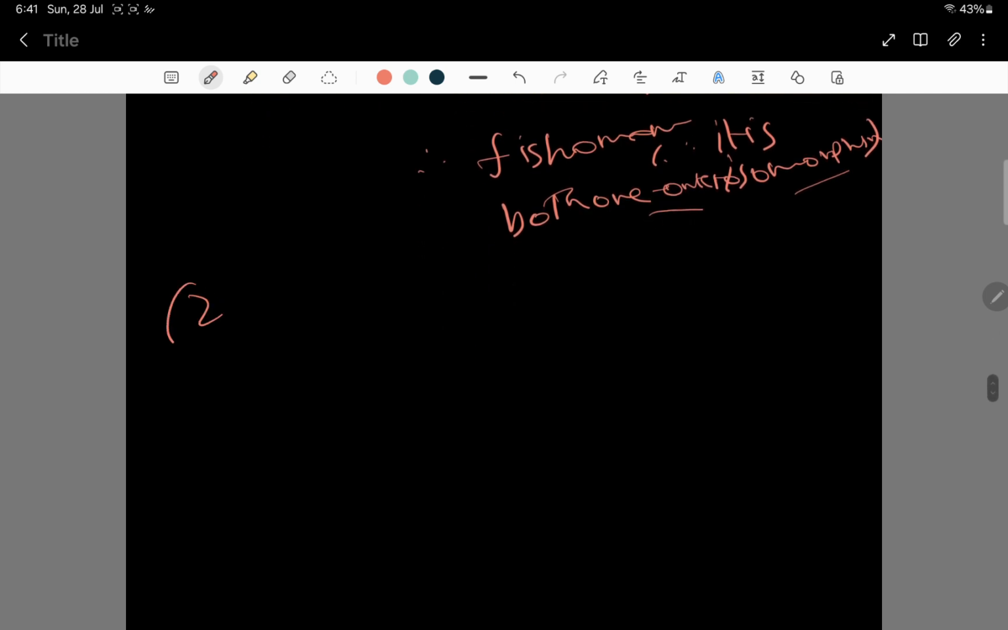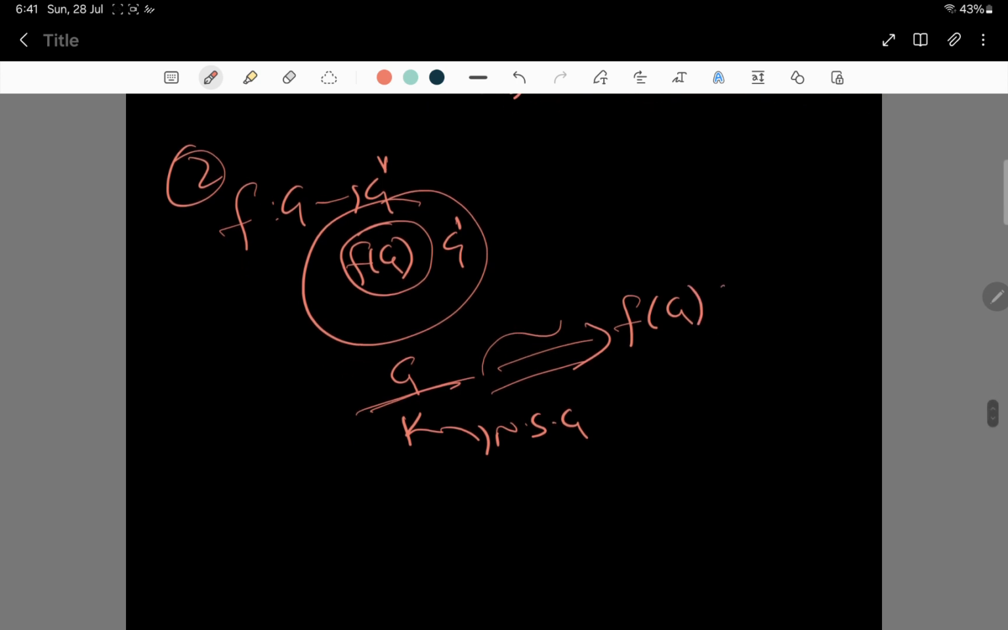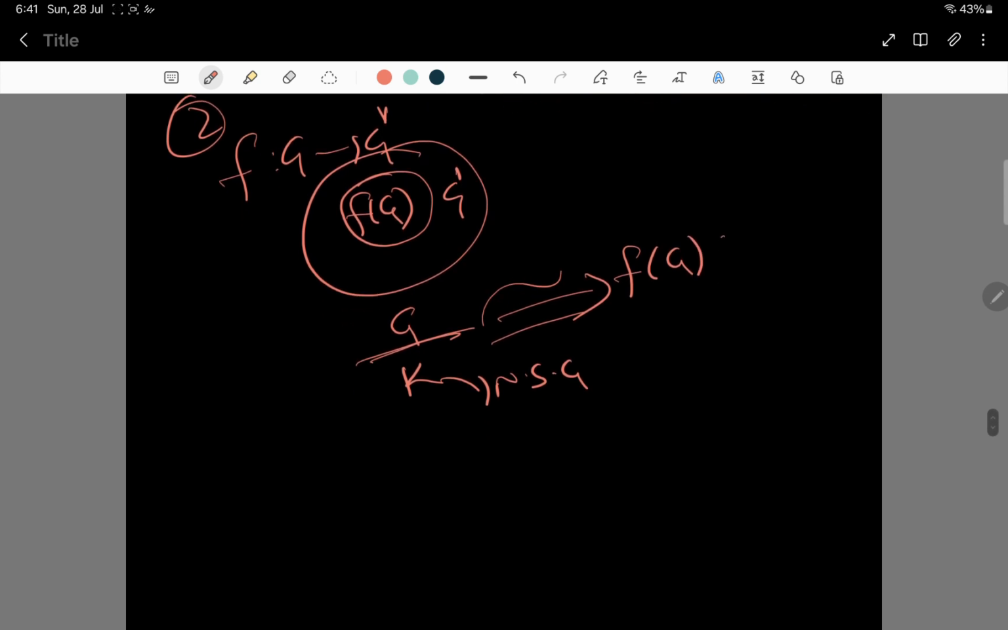Coming to the second question, f from G to G dash, right? What he said was the homomorphic image will be f of G, and this will be G dash. What he was saying was there exists a quotient group G by K, where K should be a normal subgroup, which is isomorphic to f of G, not G dash, right? This one we need to prove. The catch here is